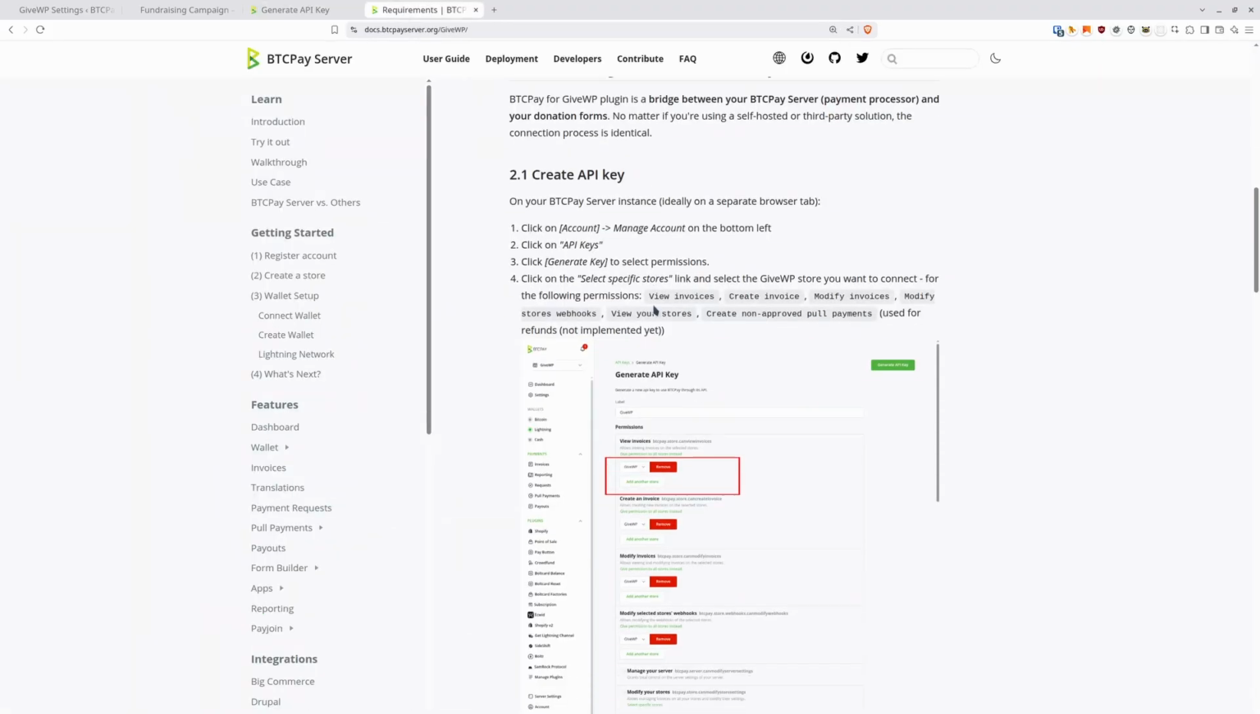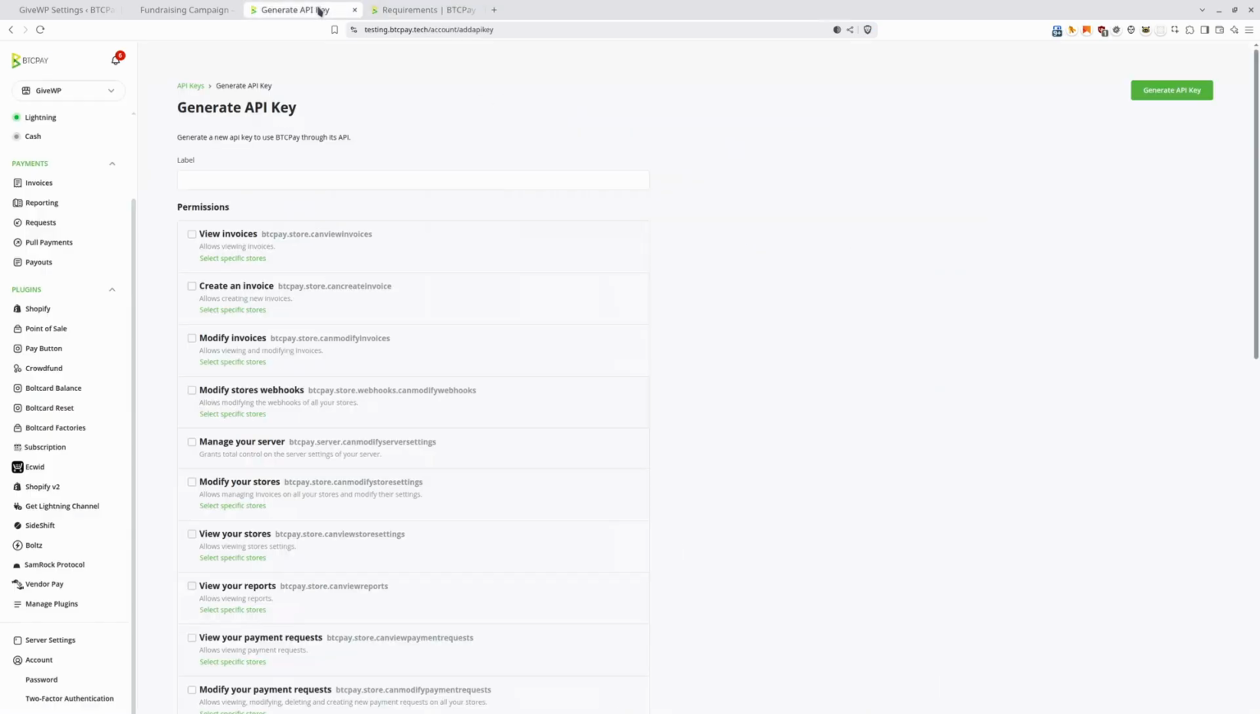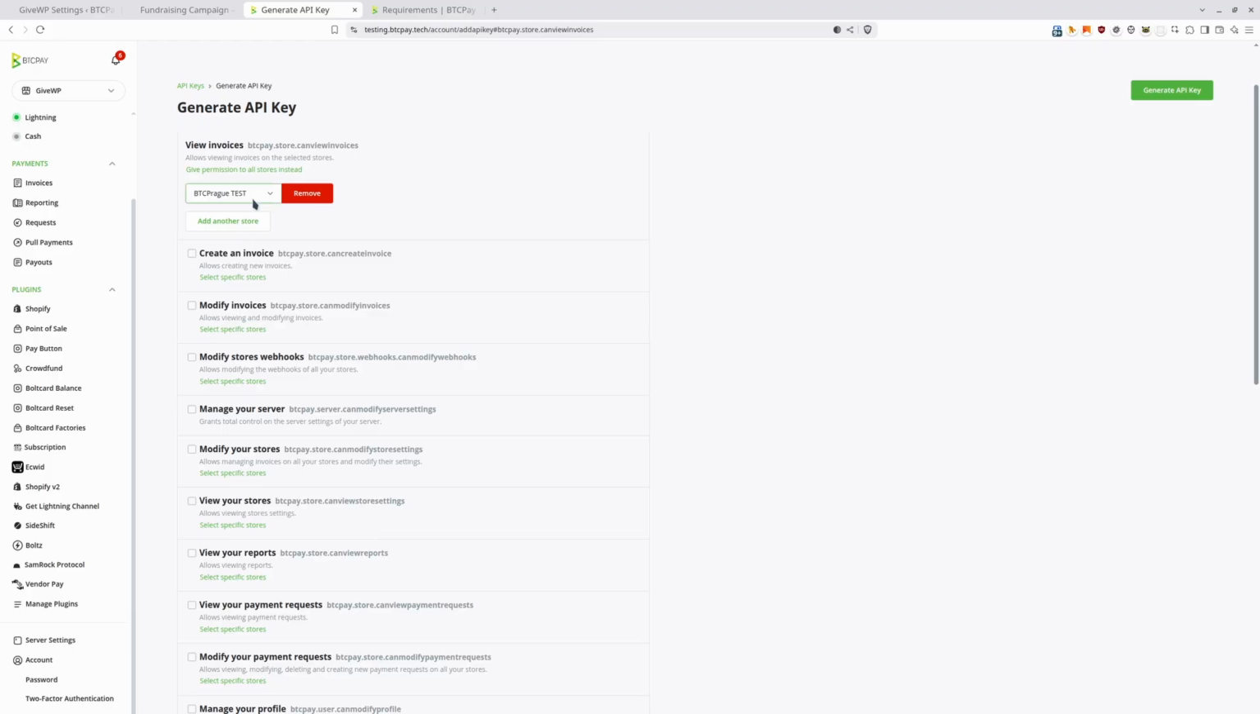Okay, let's quickly check which permissions we need. We need to view invoices, create invoice, modify invoices, modify store webhooks, view stores, and create non-approved bill payments. Okay, so we want to have this scoped for only one specific store, our GiveWP store. So I select here specific stores. And here I give